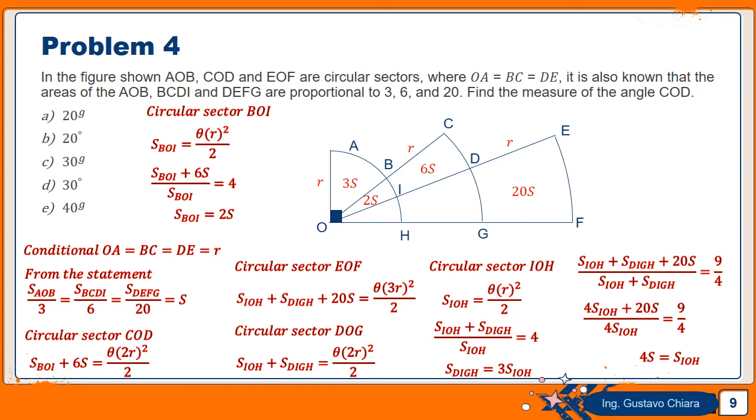So now we need to complete all the values that we know in order to get the measure of the angle. So complete this and this, and so okay, now we get all the values of the areas, and we need to get the angle. We know that this angle is 90 degrees because in the picture we can see that,